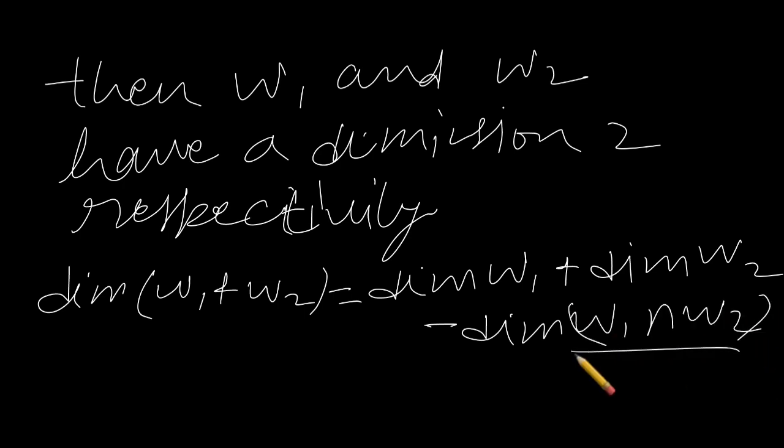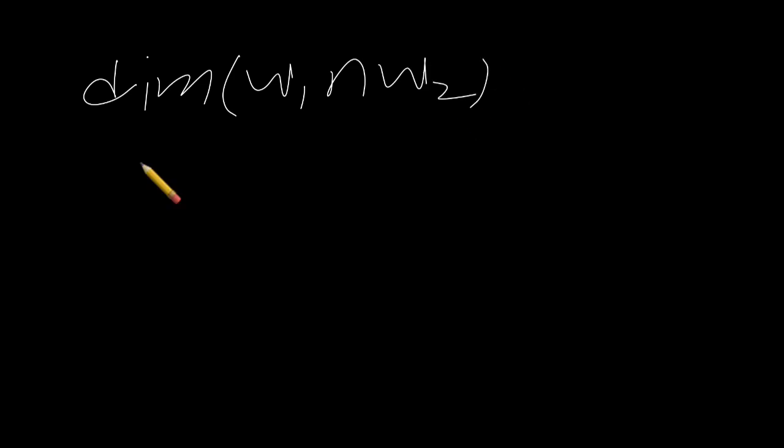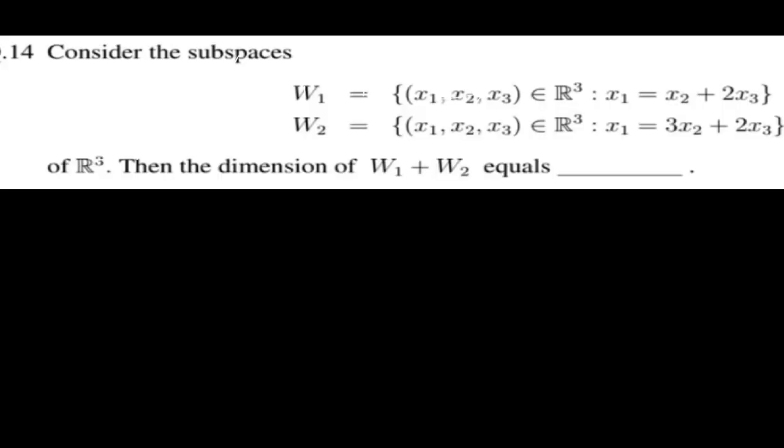Basically you can find the value of this, then you conclude the question. Now the dimension of W1 intersection W2 you can find with the help of